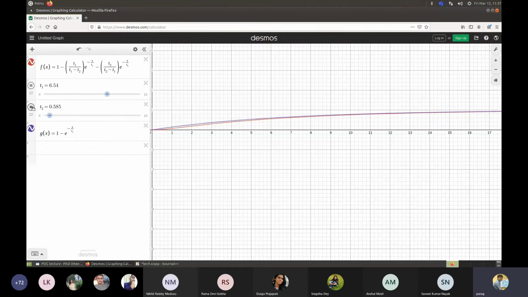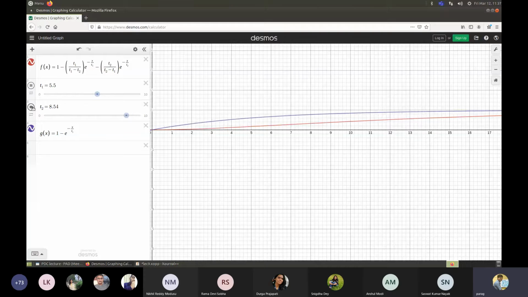Let me do every possibility. Okay, let's try to do everything. So now you have sampled everything which can happen to the system, and you see it never happens that the first order dynamics is slower than the second order dynamics. Depending upon the parameters, they can come very close. They can as well become equal when T2 becomes 0. So your system is essentially a first order system, but a higher order system is always slower in response compared to the first order system, right?